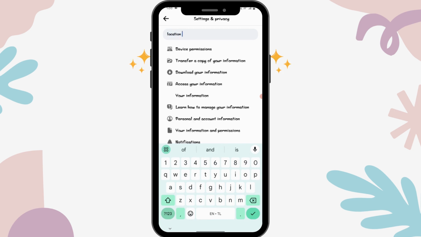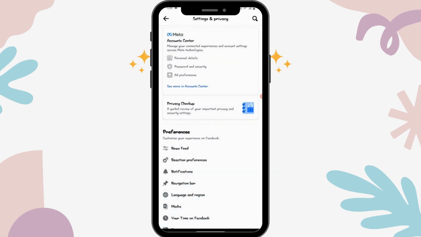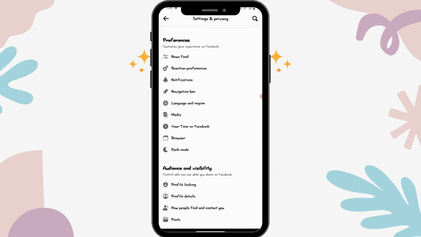So let me tell you one thing, that in some regions or in some countries you don't have this location option. You can't change your location, but in some countries you will have that location option. You can simply go to the location, and after that you can change it from there. So for now I don't have that location option, or else you can also go to language and region, and